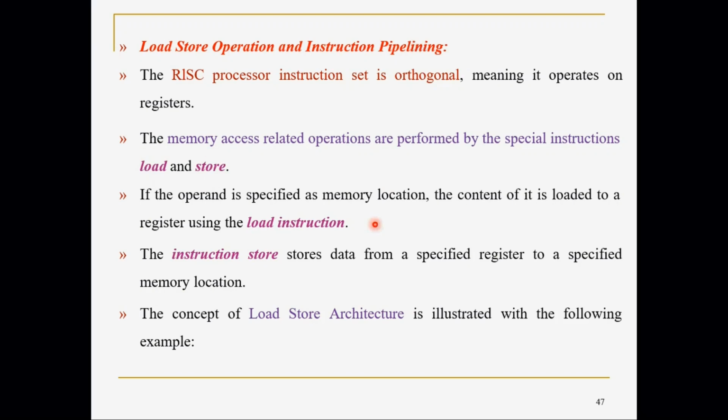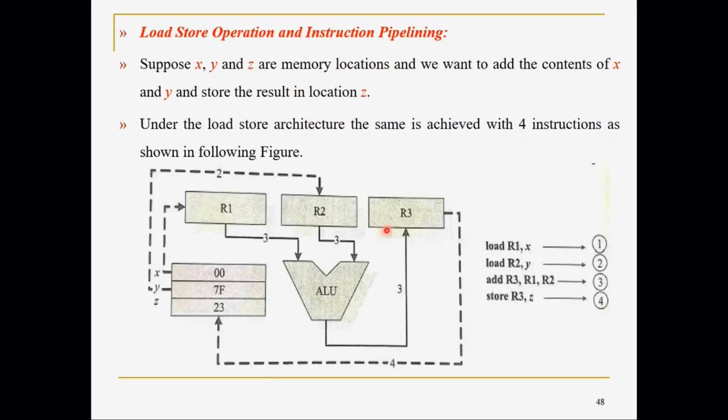So if there is data in the memory and you want to operate on it, you have to load that data into the register, then finally store the result. So only load store instructions are allowed to access the memory. All other operations are allowed only on register data. So that's called load store operation. There is a separate advantage of using load store architecture devices as the core of the embedded system.